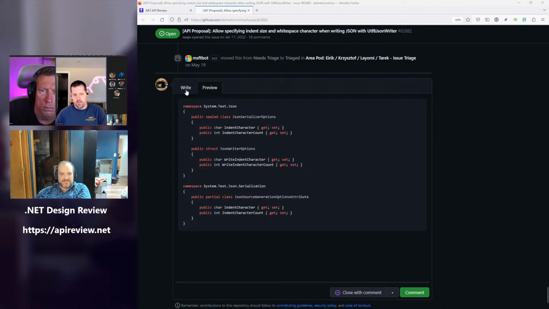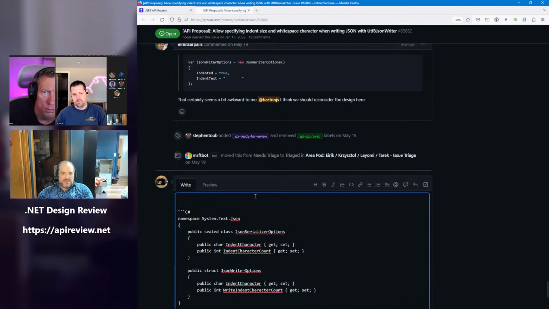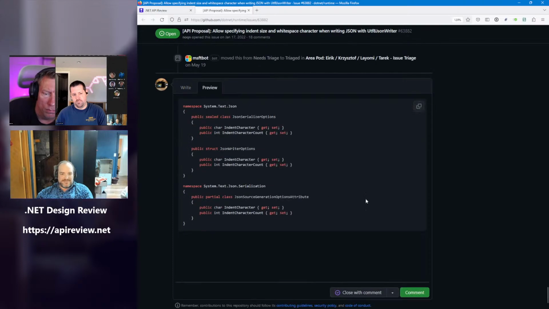So it sounds like that first one is the one that's getting the votes, because really, the English there I think should be the written indent character. You did say it, but even worse. It's even worse. So it defaults to space and 4.